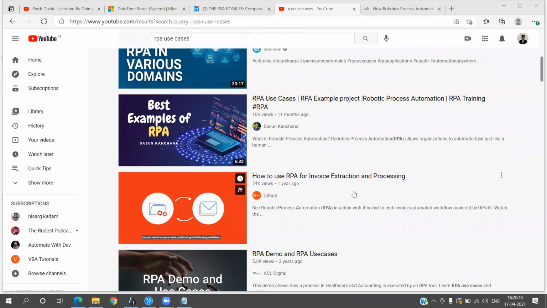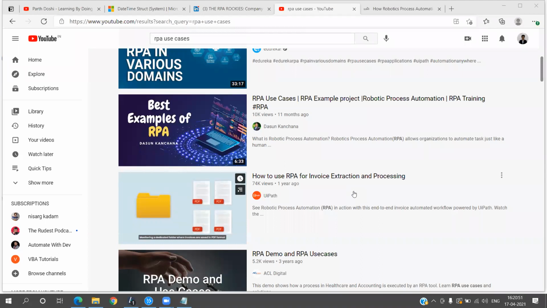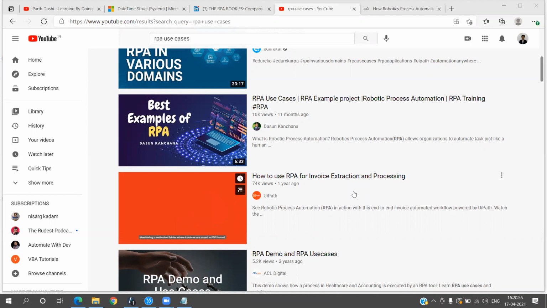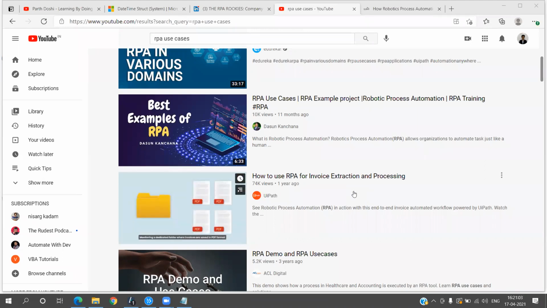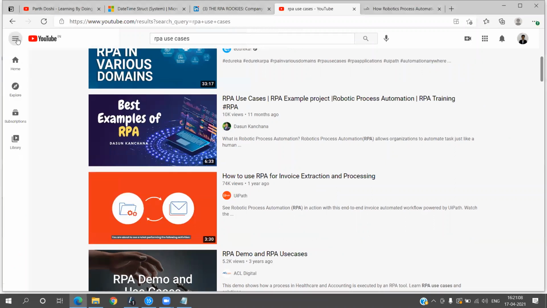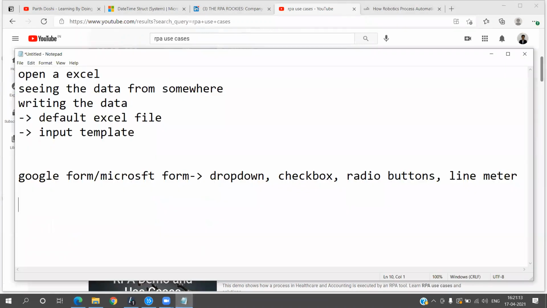What will happen there is you will get to know the use cases that are being used within the industry or within any particular organization. It might be possible that you might not be able to implement the exact same use cases, but you can start with doing some part of that particular use case, right? That will help you understand. Now suppose there is a use case which is quite a complex process, then what you should do is break down the process. Don't just try to implement everything at once.